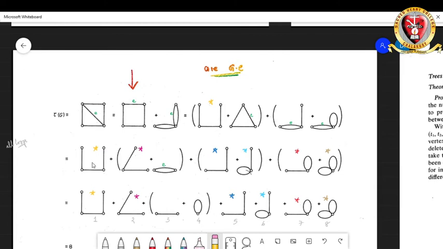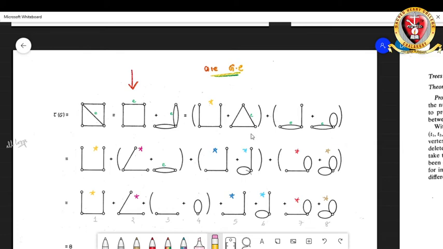So you keep this graph as the same, and for this graph also, if you're removing an edge, you are ending up with a disconnection, so you keep it like that. Now for this graph, choose this to be E, and you get this, and then you join together the end vertices to get this. From this graph, you are getting these two. And for this, if you are removing any edge, you will get disconnection. So you are not removing, you are keeping it the same.